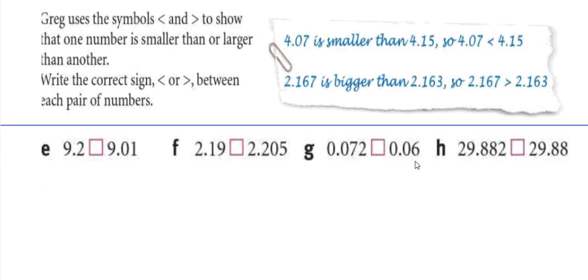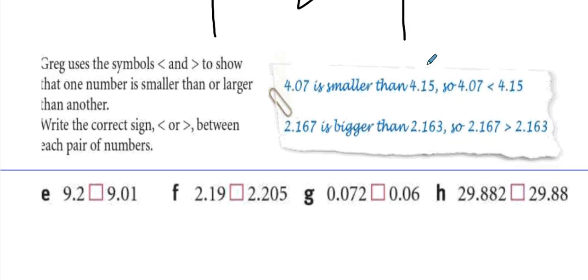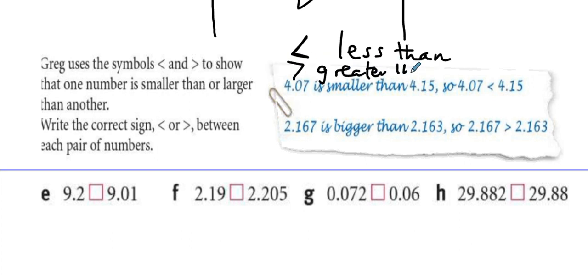Okay, Greg uses the symbol. Oh, okay, Greg is using the symbol. So this symbol means a number is less than. And the other symbol means a number is greater than. Okay, now I believe you know how to